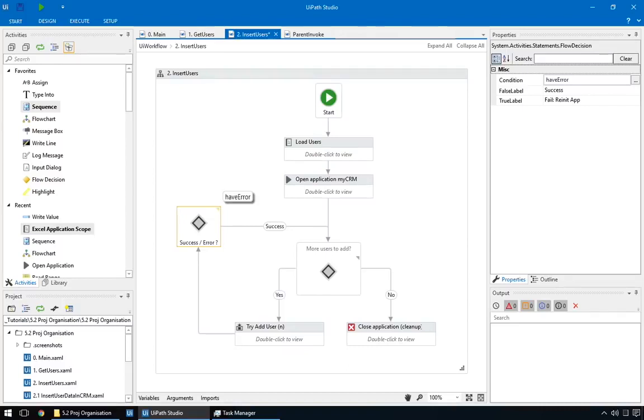That's accomplished by connecting the true port of the decision with the open application action. Depending on the type of error you're recovering from, you can have more complex recovery methods, but in our case, this will be enough. And finally, time to see how this workflow, which is the second half of the project,